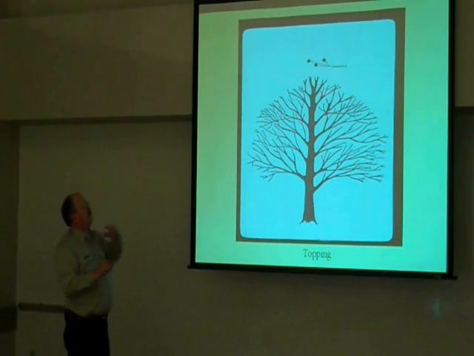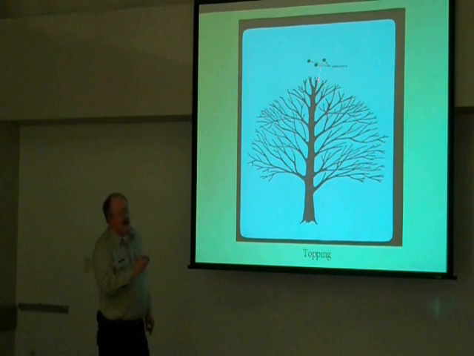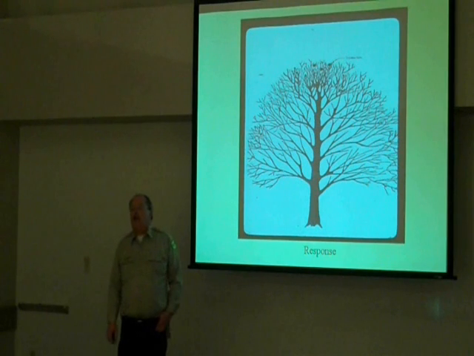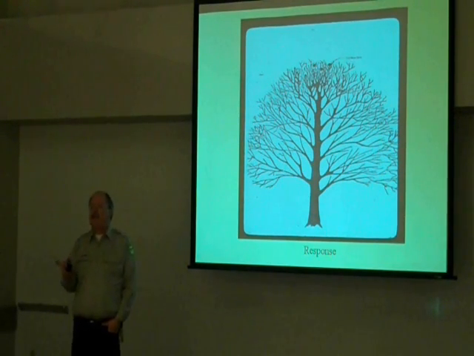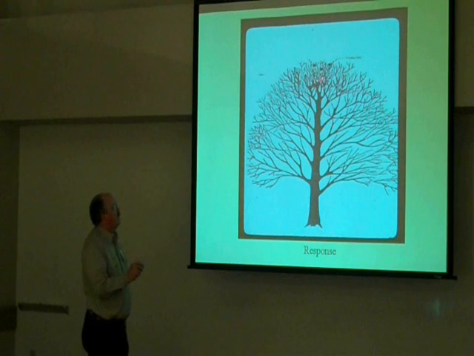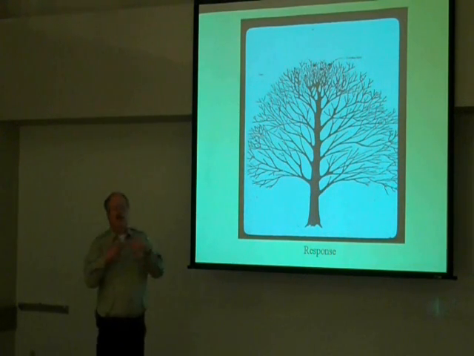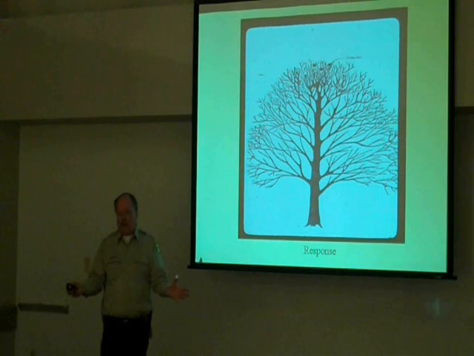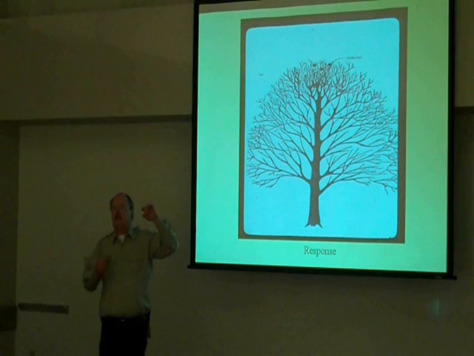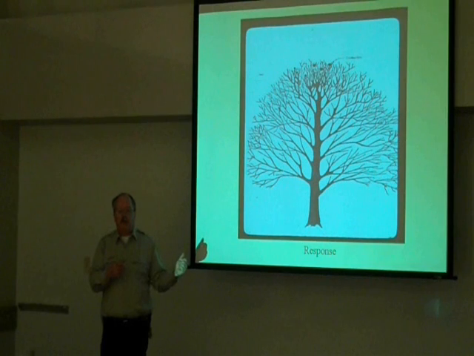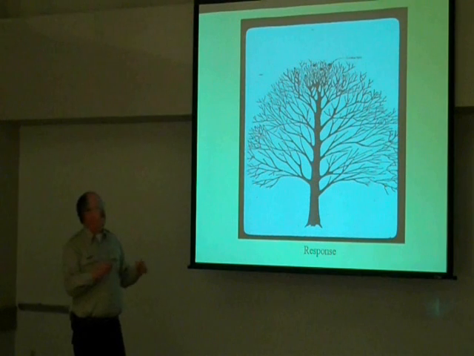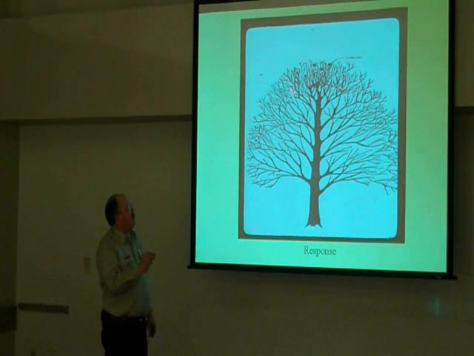Now, if this is a utility and we top this tree, we've got clearance, but very quickly we lose clearance. The reason is that the tree is under a tremendous amount of stress without terminal buds. So the tree is going to produce water sprouts. First it produces the sprouts, then it produces the leaves, and now it can manufacture food through photosynthesis. No leaves, no food. If it doesn't have leaves, it doesn't eat. We took all the leaves out right in this whole area. So this tree is